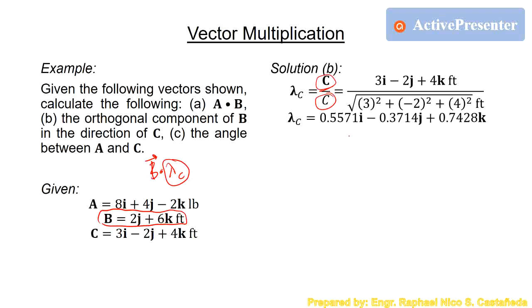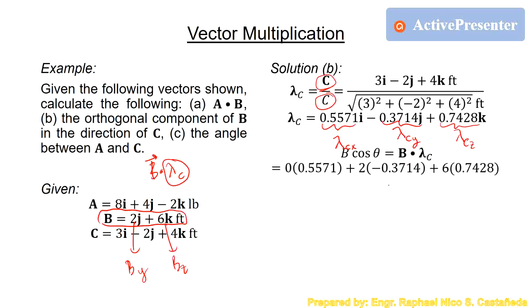So we have here the unit vector of C, so we will apply the dot product. This is lambda Cx, lambda Cy, and lambda Cz. For the B vector, we have Bx, By, and Bz. If we apply this formula, 0 for Bx times lambda Cx, plus 2 for By times lambda Cy, plus 6 for Bz times lambda Cz. So you will get the answer of